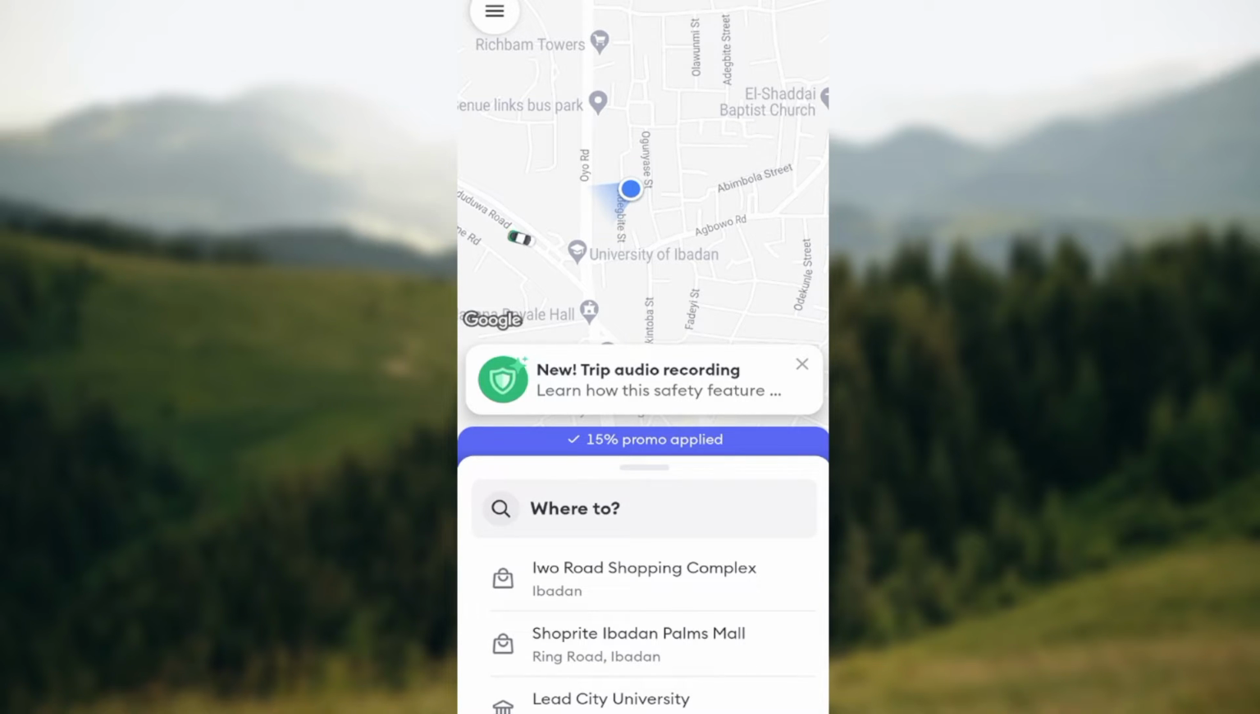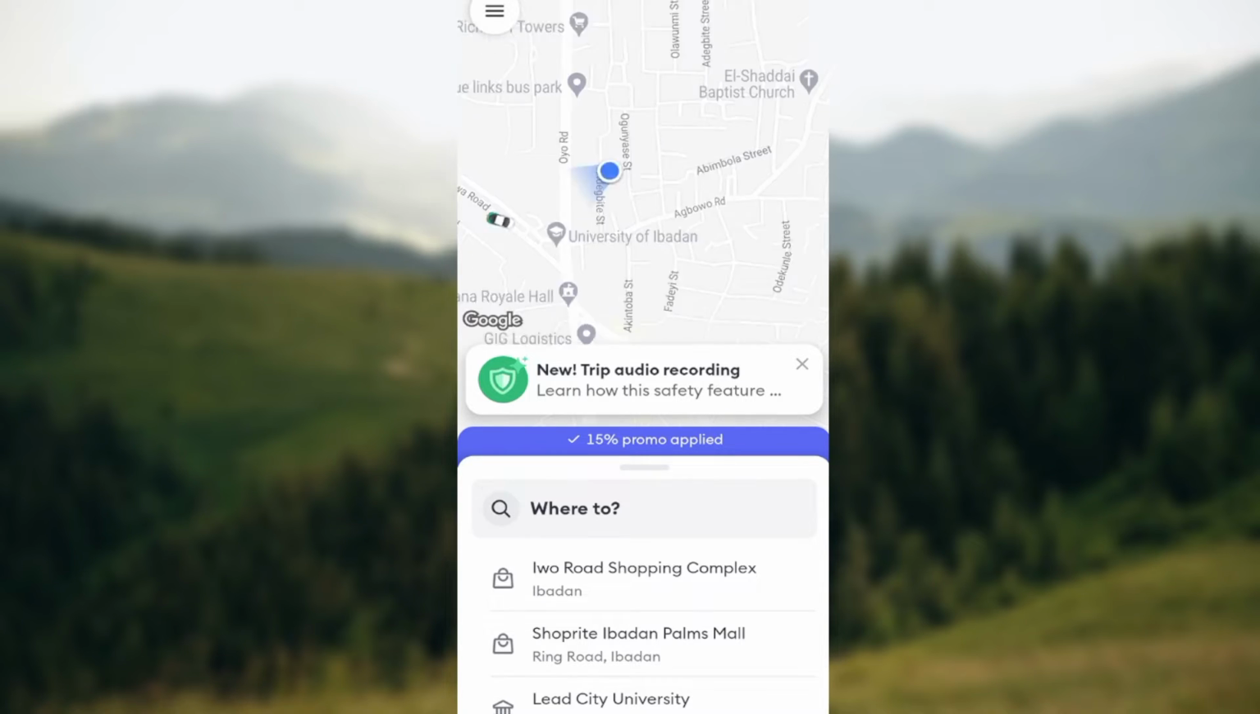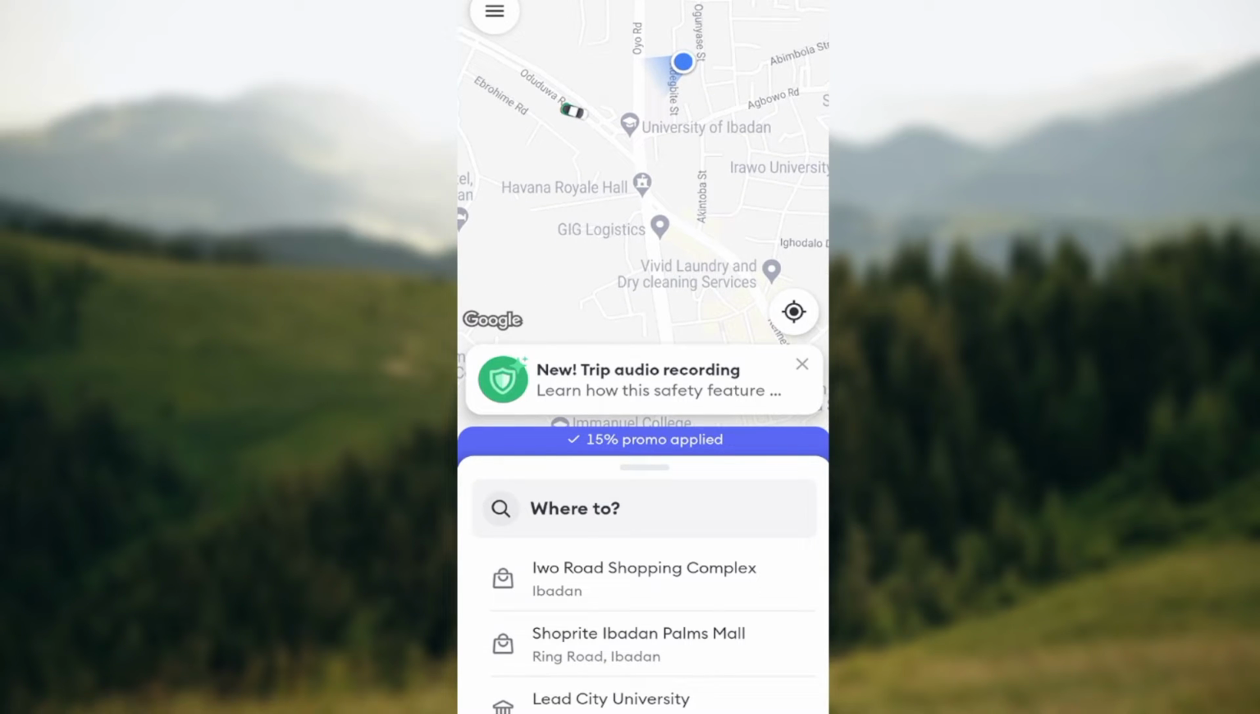And then once you're signed in, automatically you will go to the page where you would see your map, showcasing your location and other things, and then you'll see a search box asking you to type where you're heading to. Now, as you can see this, move to the top left corner of the screen and click on